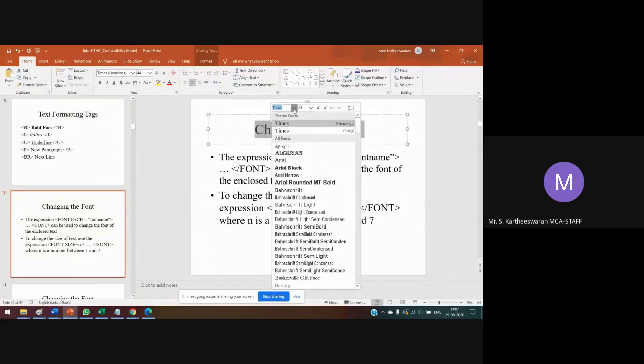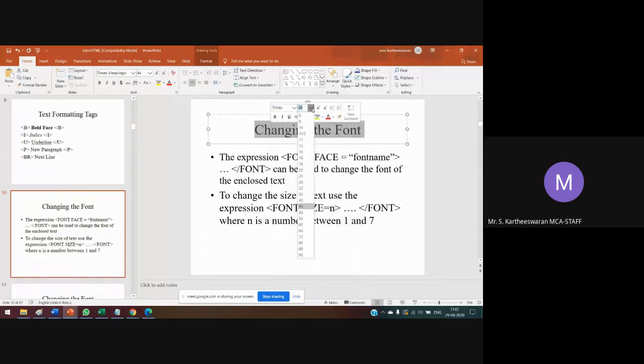Okay, the next one is font size. If you change it to 8, it will look very small.